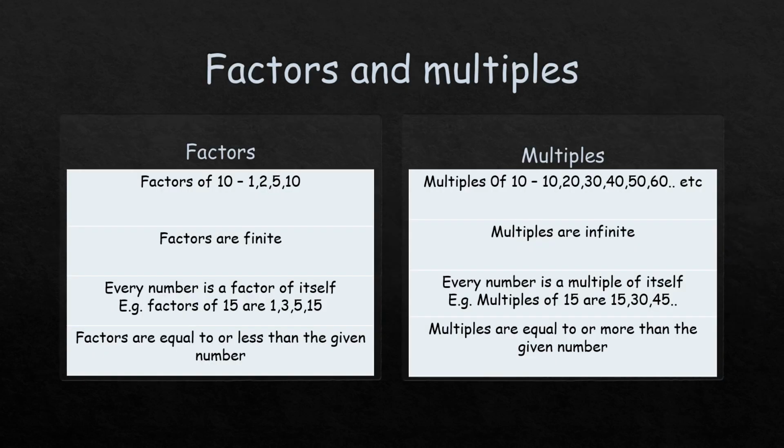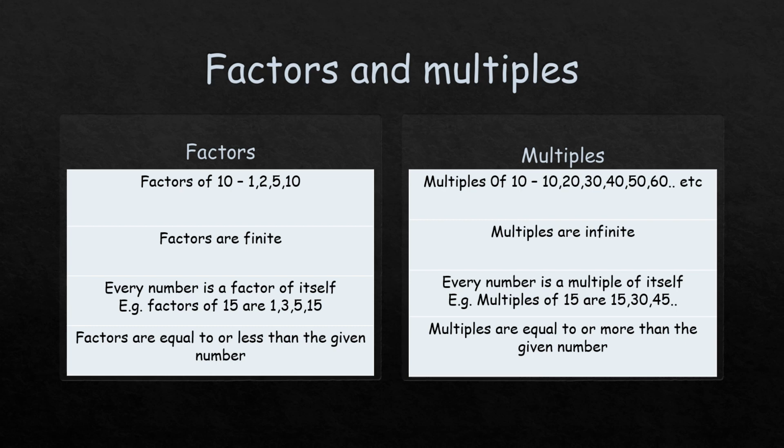Okay, now let's quickly sum up all the properties that we learned in this video. For example, I am writing the factors of 10 and also the multiples of 10, because many children get confused between factors and multiples. What are the factors of 10? 1, 2, 5 and 10. All these numbers divide 10 and give a remainder 0. So they are all called factors of 10. What about multiples of 10? All the numbers that you see in the multiplication table of 10: 10, 20, 30, 40 and so on.